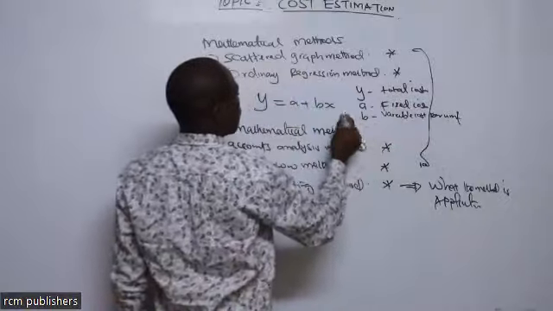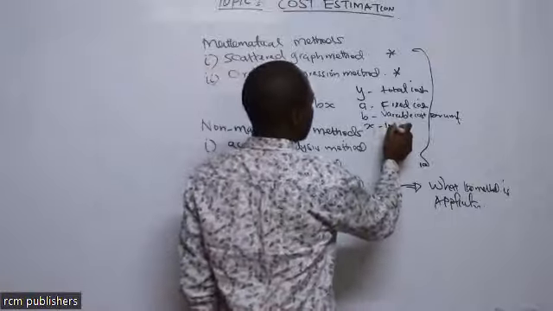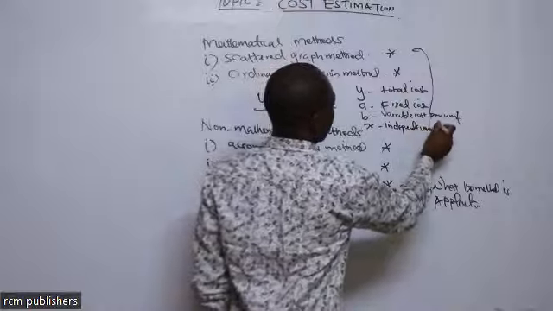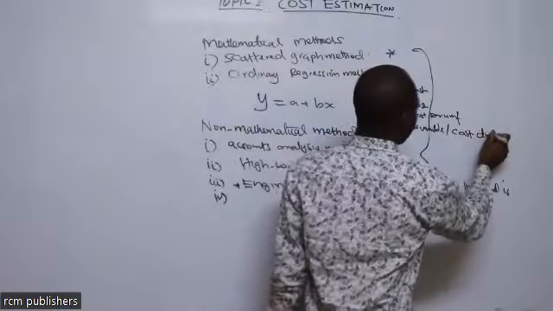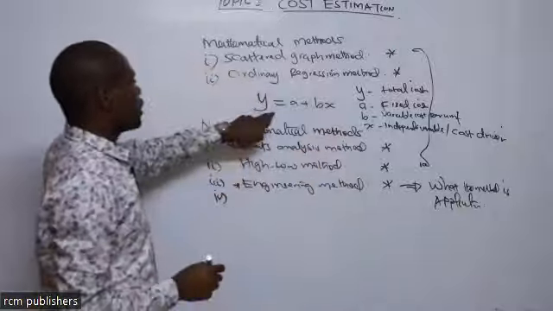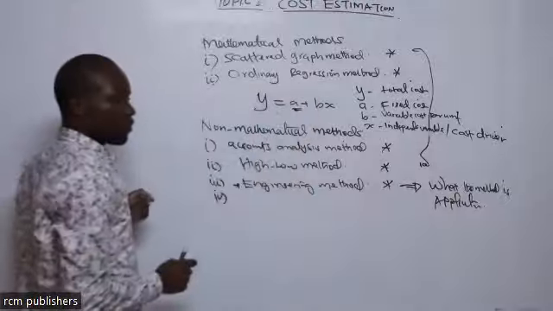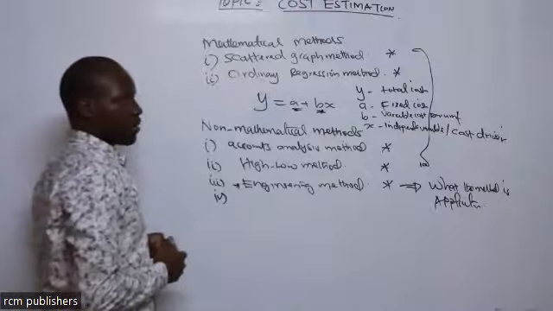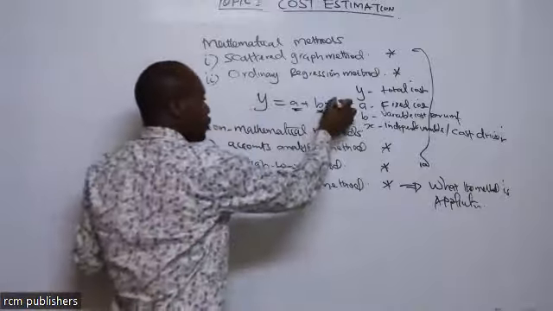Then we get to x, which is now the independent variable. In management accounting, we call it the cost driver. It will determine what the value of y is, because a is constant and variable cost per unit is constant. But whatever is going to determine our total cost here is now the quantity of the output,